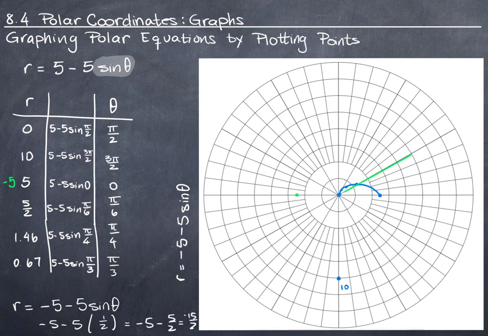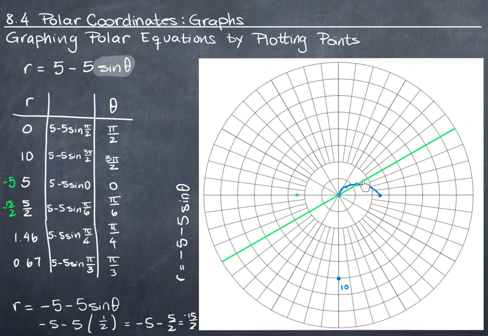So now I'm going to stretch a line across what should be the pi over 6 guideline into both quadrants, quadrants across from each other. And I'm going to try to plot the point pi over 6, negative 15 halves. Remember that, let me write that down here, negative 15 halves. So I'm going to start here. I'm going to go out pi over 6, and then from the center, I'm going to go out 15 halves,